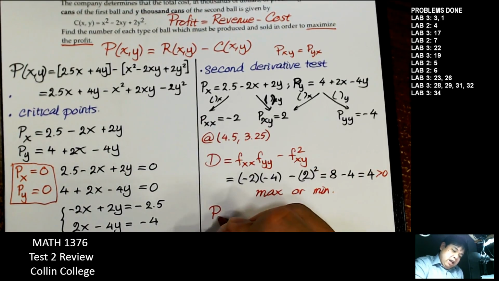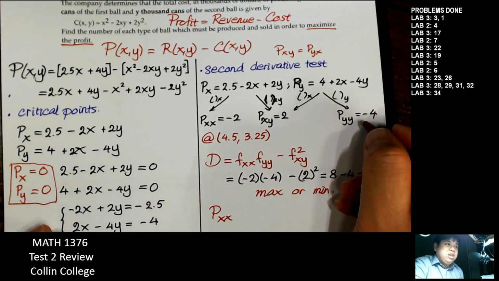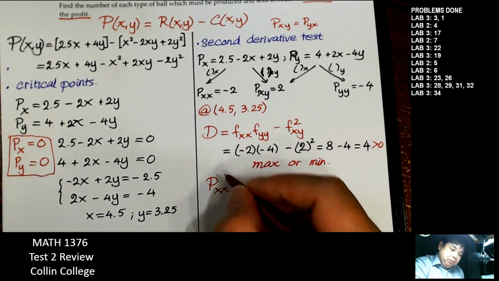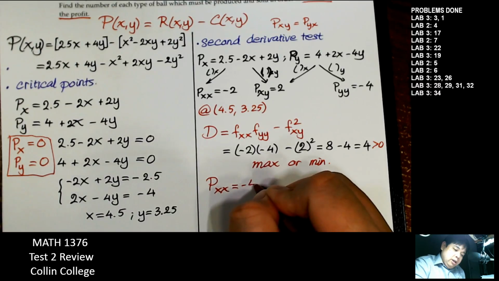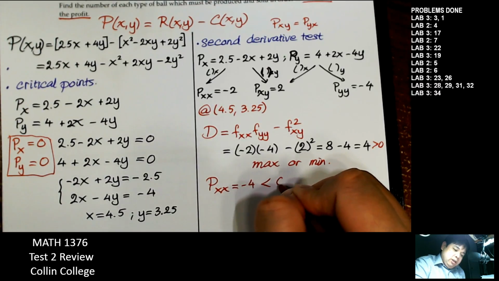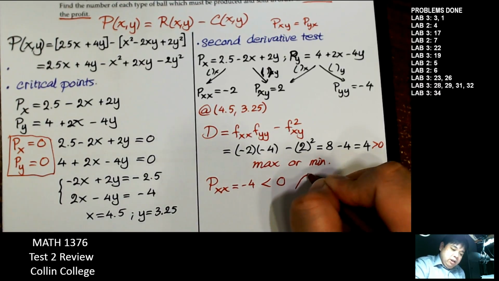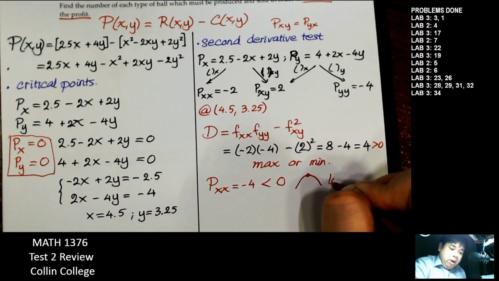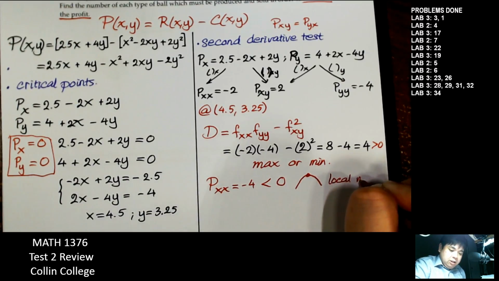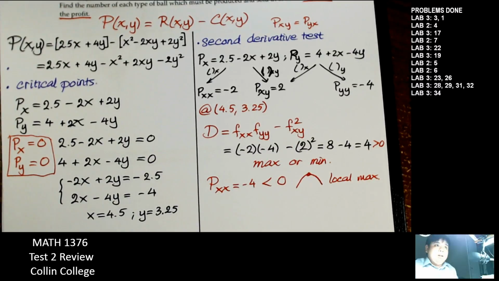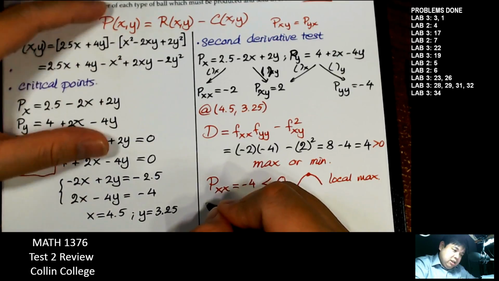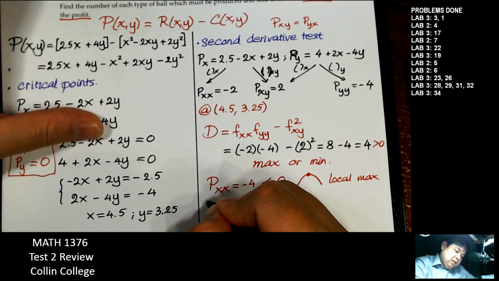And we look at p_xx or p_yy, actually either one of them is fine. And that is negative, meaning open down, meaning we have a local max. So we say local max, or maximum profit,